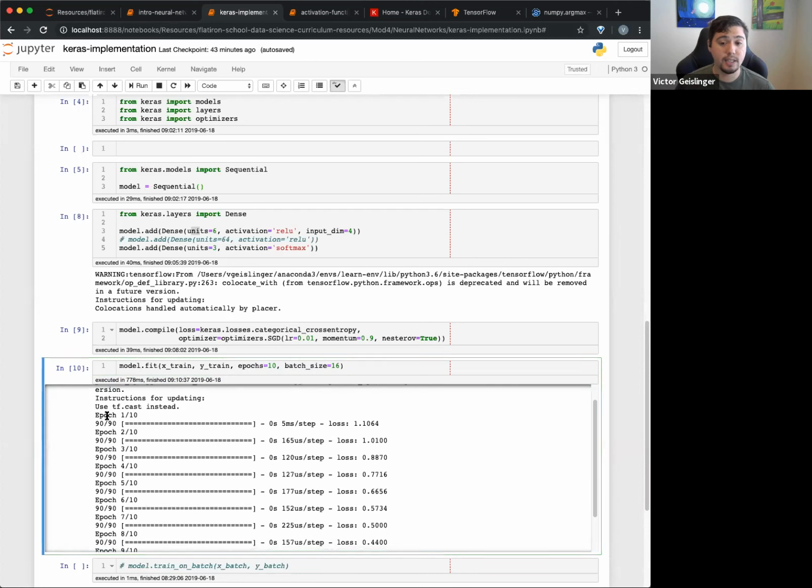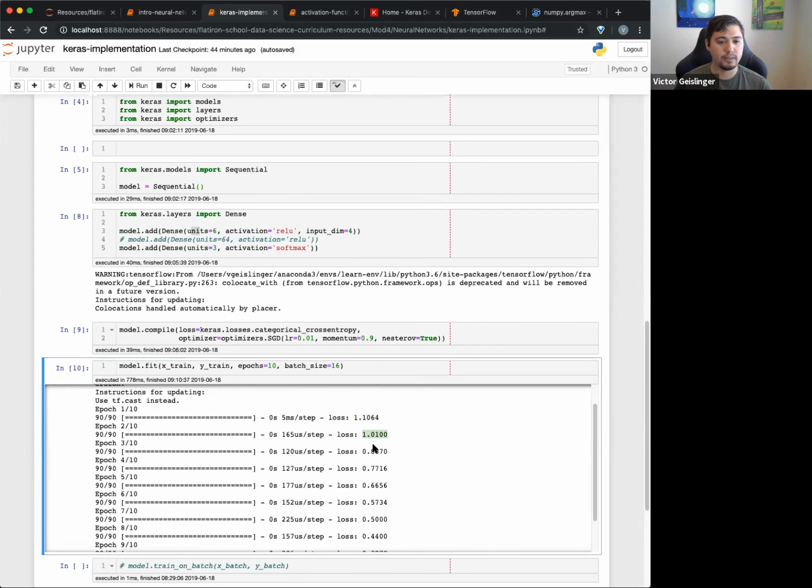But basically each epoch tells you what the loss is. It passes through once and says the loss was 1.1064, because remember we want our loss to go as small as possible. And so it backpropagates that loss and readjusts the weights and the biases, then passes forward again and says, okay, your loss is this one, which really makes sense. We're getting a better loss.